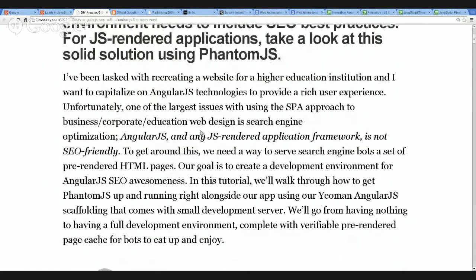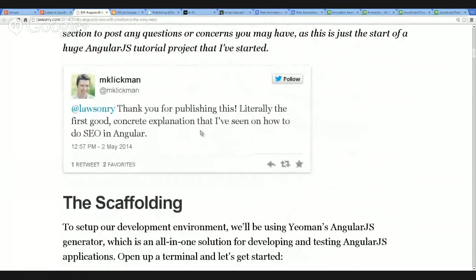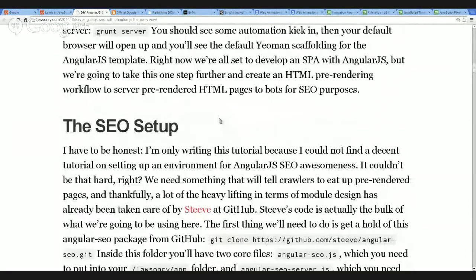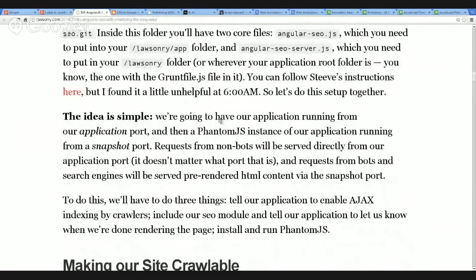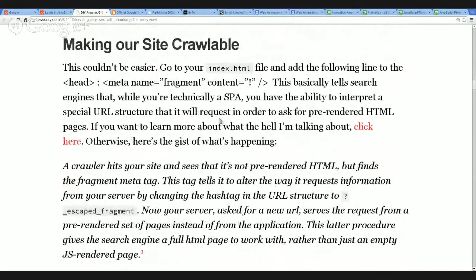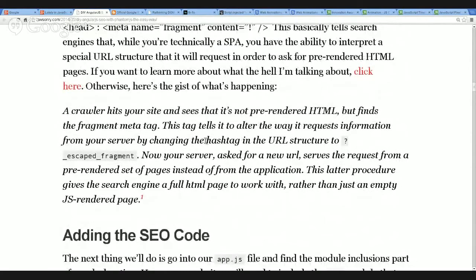So the idea is to supply a static version of a page that could be indexed by the search engines. And this relies on a convention that I'm not sure is just Google, but search engines in general should support, which is the hashbang convention. So if you have a URL that has a hash character and an exclamation mark followed by a URL, it converts to another URL, the so-called ugly URL, which